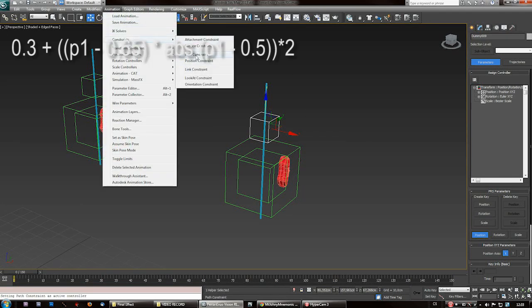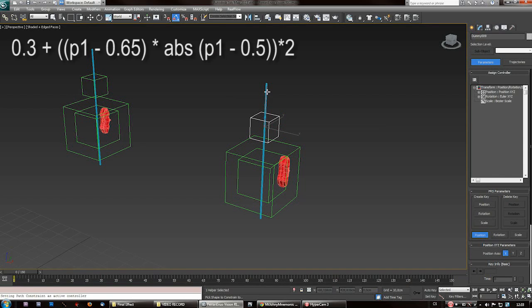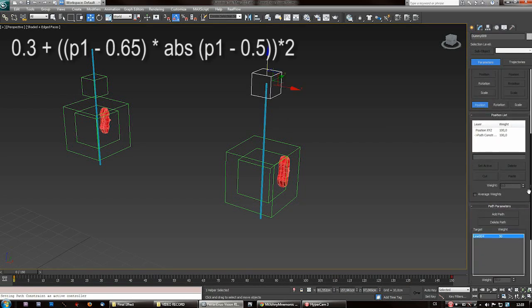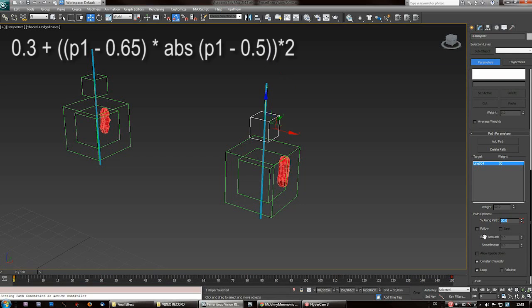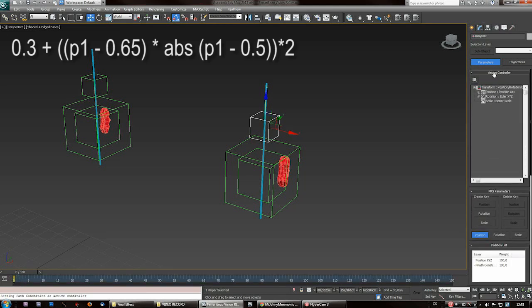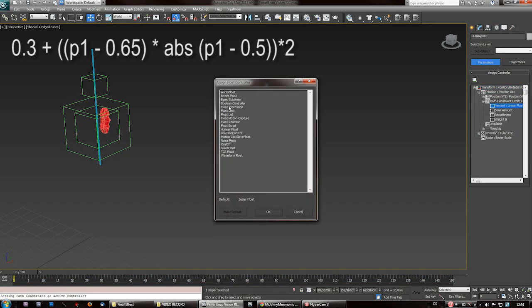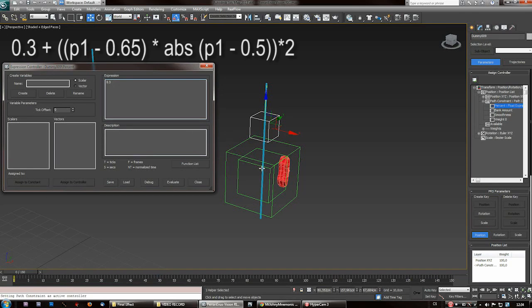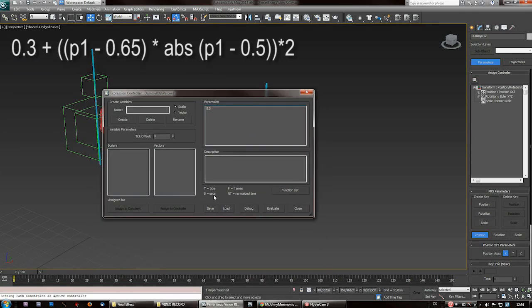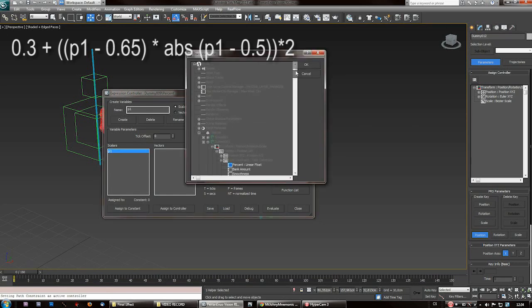So again, animation constraints, path constraint here, put it back where it's been, where you first aligned it, 30%, loop, disable, delete keyframes, position list, path constraint, percent linear float, float expression, highlight this one, load, and what we did, 30 and 65 here, assign to controller,